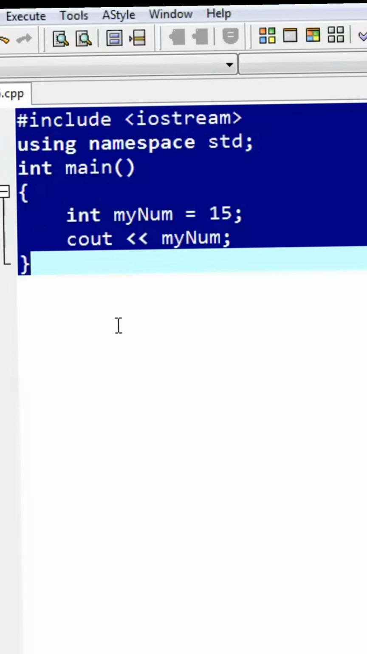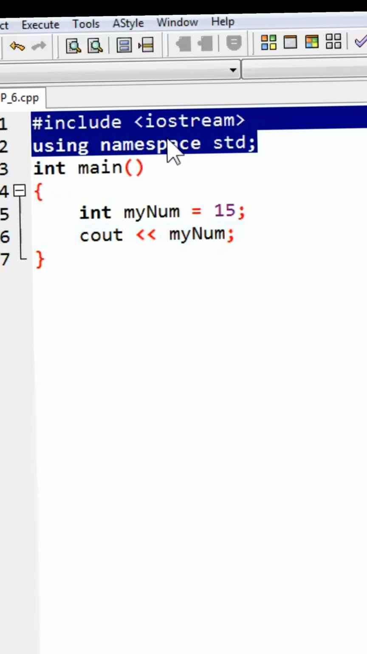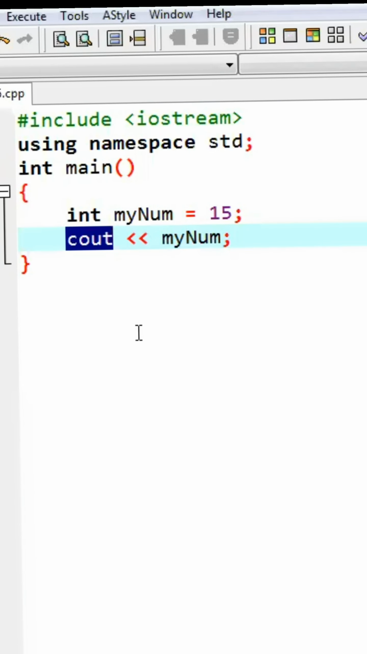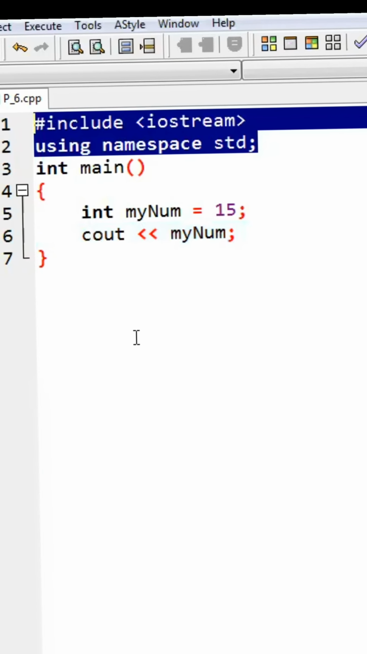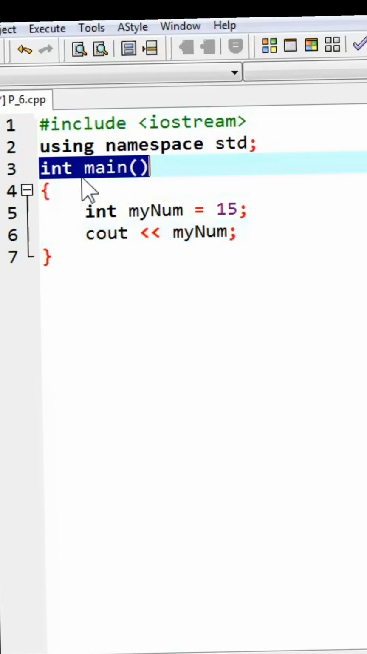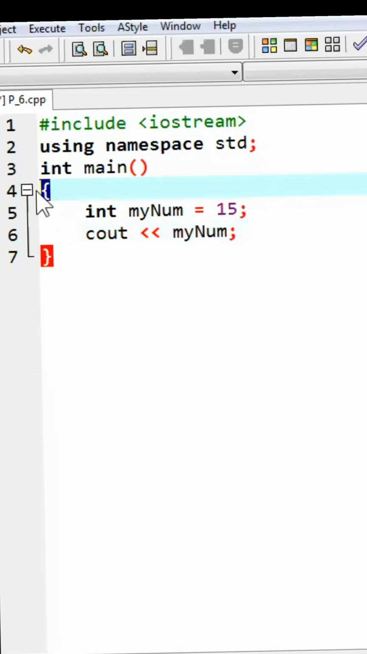Here is a simple C++ program where in the first two lines we are including iostream and the standard namespace so that we can make use of cout in our program, which is present in iostream. So as cout is present in iostream, we need to include these two lines. Then we start the main function, for which we have mentioned the return type as int. We start the main function with an opening curly bracket, and at the 7th line we end the main function